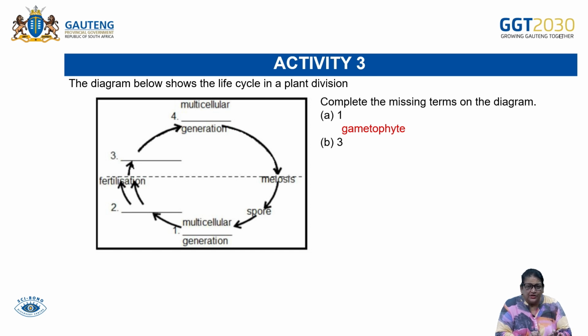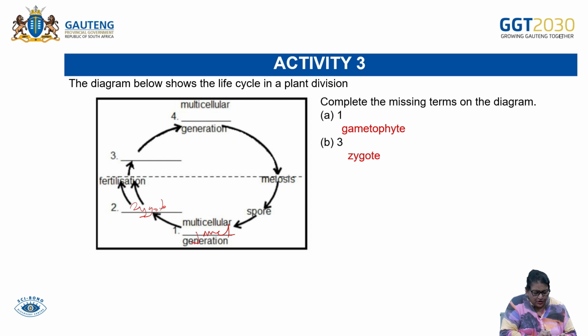And the zygote is going to give rise to what? A multicellular sporophyte generation. And the sporophyte generation undergoes meiosis to give rise to spores. And that's how you're going to work it out. So, number 3 is going to be what? A zygote. So, a multicellular gametophyte generation will give rise to what? It's going to give rise to a zygote. The zygote will undergo fertilization, right, to produce